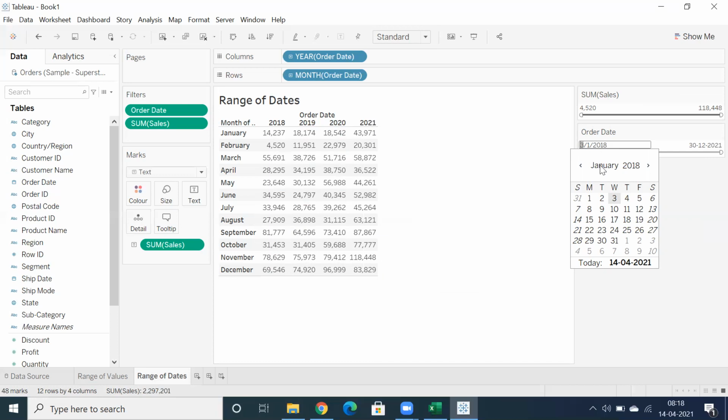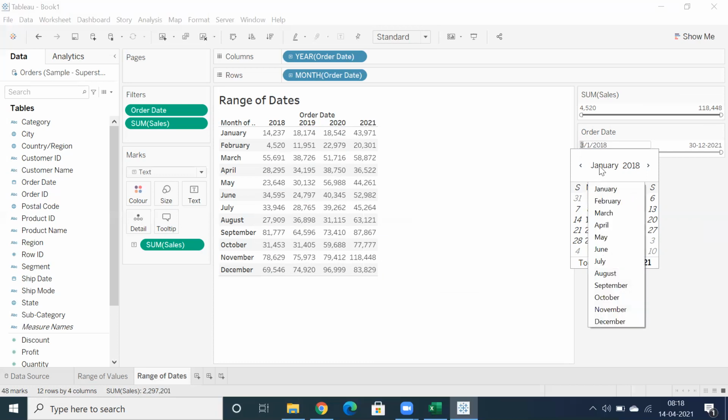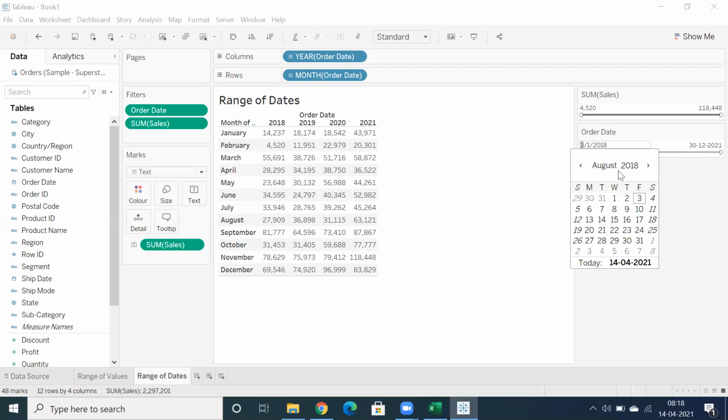What I mean to say is you can again click on the January name. When you click on January, you are getting a drop down, you can see. If you want to select August 2018, select August 2018.